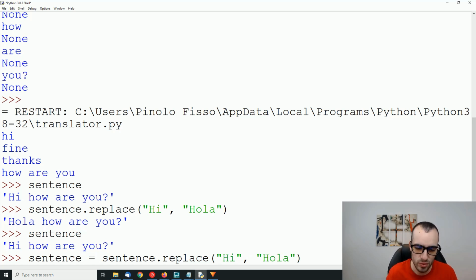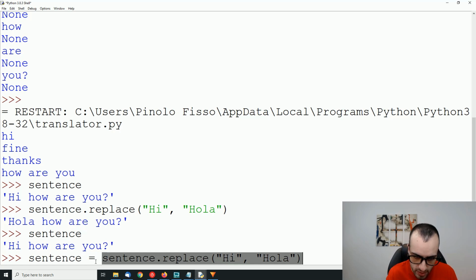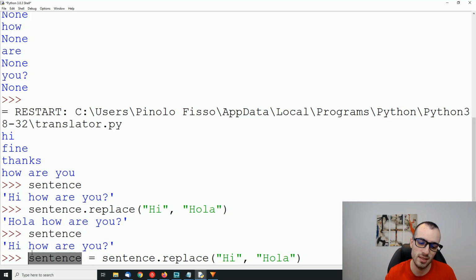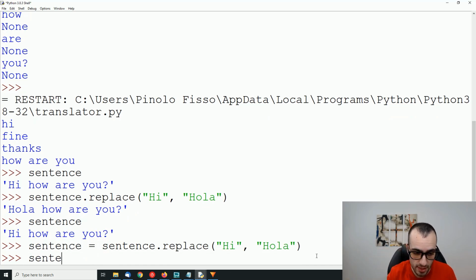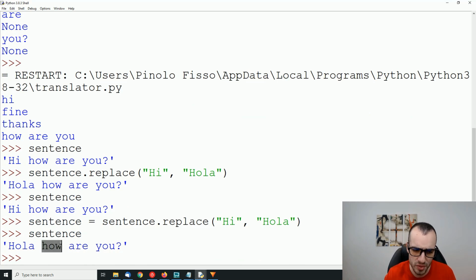So now we replace that, but we also change the variable sentence with the new one. And so if we call sentence: hola, how are you. And then with the next one, okay, we replace